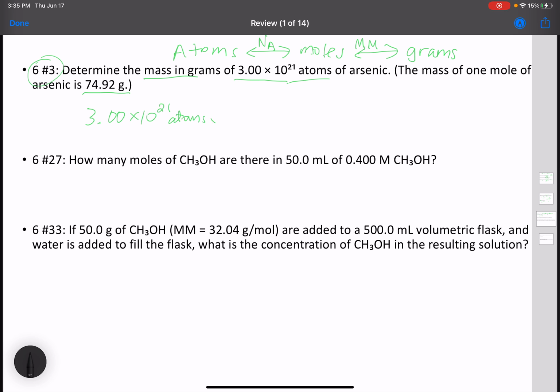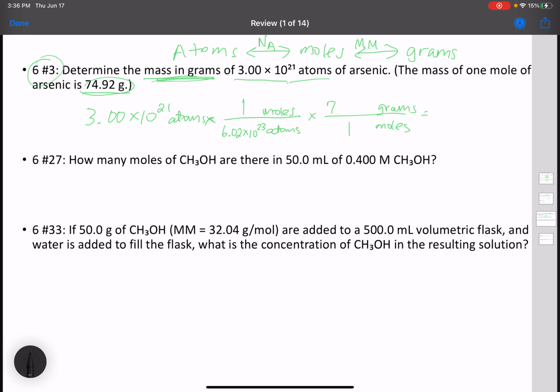And then I'm going to use dimensional analysis to ultimately find mass in grams. So first I need to cancel out atoms and turn them into moles. And then I need to cancel out moles and turn them into grams. And so to go from atoms to moles, 1 mole is 6.022 times 10 to the 23rd atoms. And to go from moles to grams, 1 mole is, we can look up on the periodic table or conveniently